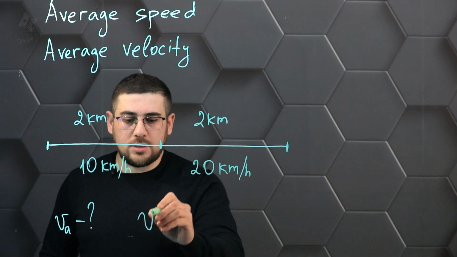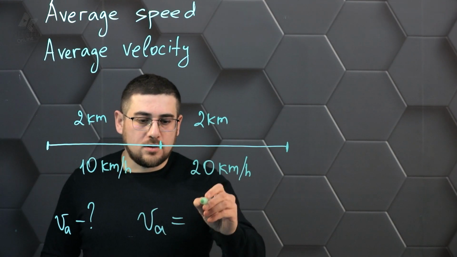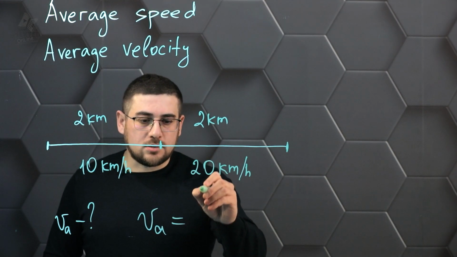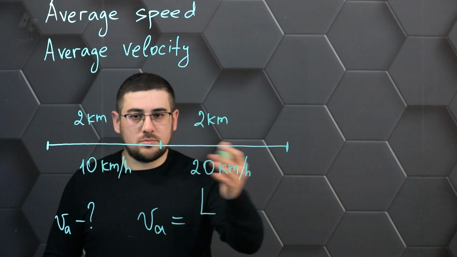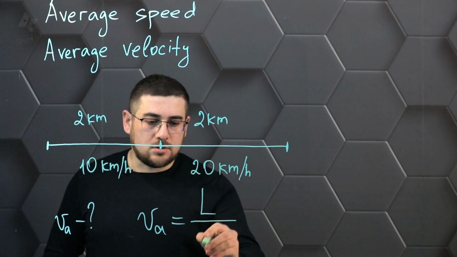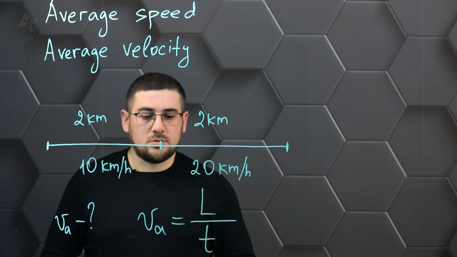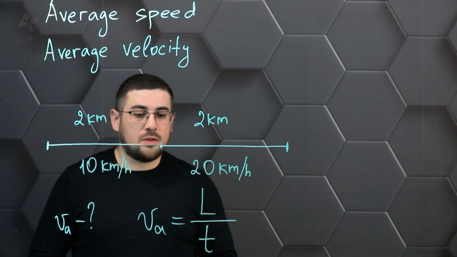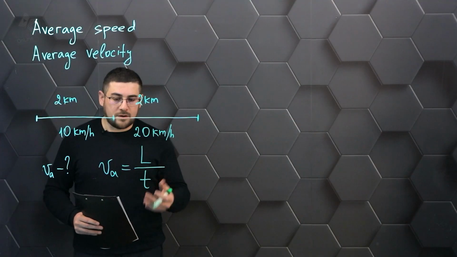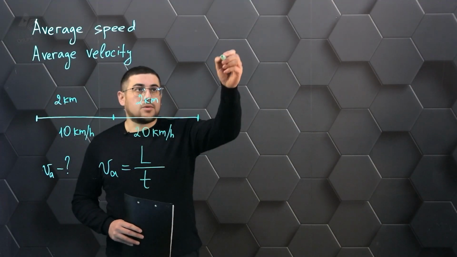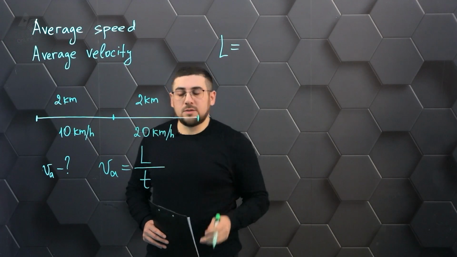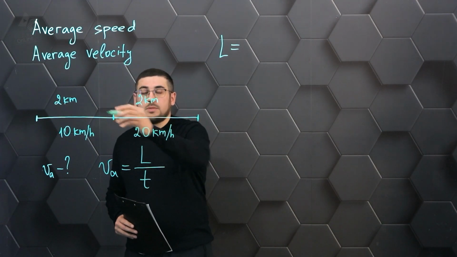Let's write down the formula for its calculation. Average speed is the entire distance traveled by this body divided by all the time spent. Next, our task is to determine the entire path traveled and calculate how much time it took to travel this path. Let's get started. So, the total distance traveled by the body